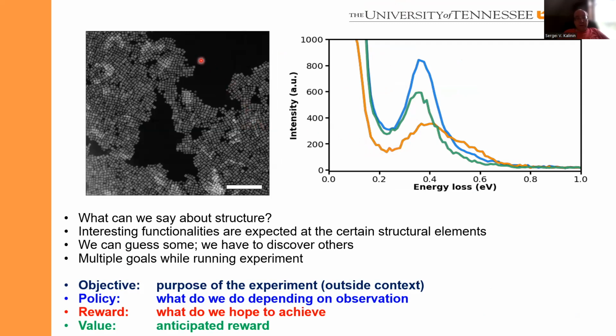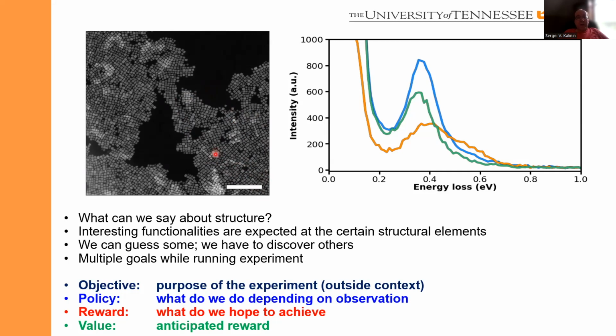So the first one is, what can we say about the structure, right? If we have a new material, a new system, first we are driven by curiosity to understand what is going on here. After that, we have some amount of logic or some prior knowledge of physics. For example, in the case of these plasmonic nanoparticles, we know that the interesting functionalities are expected at certain structural elements. So by virtue of reading the textbook or papers by our theory collaborators or working with the theorists,